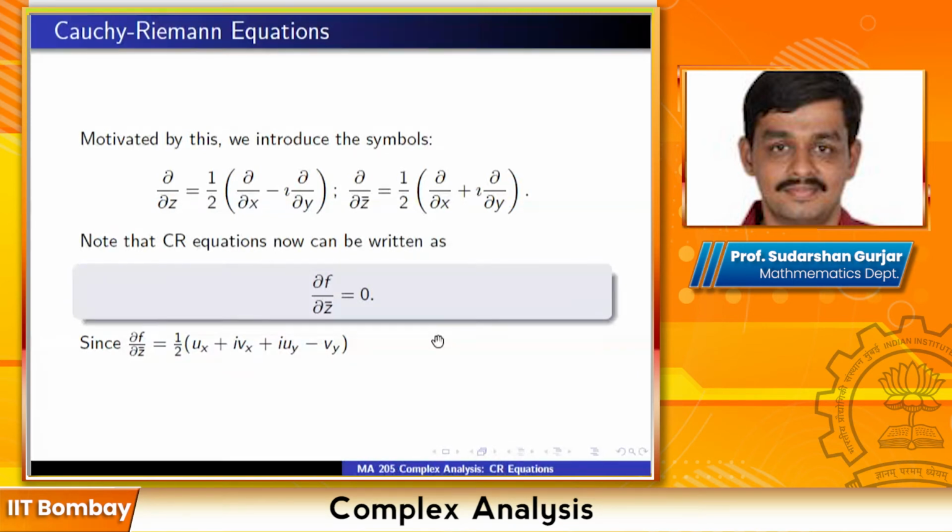del f by del z is the complex derivative of f. This limit, del f by del z, is equal to the limit of f(z) minus f(z naught) by z minus z naught. This is the usual derivative, the complex derivative, this del by del z. And the del by del z bar becomes 0 by Cauchy-Riemann equations. So physical significance means this is the complex derivative. Just do this one line computation and check that del by del z of f is simply the usual derivative.